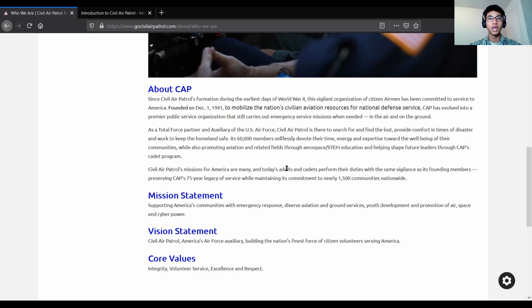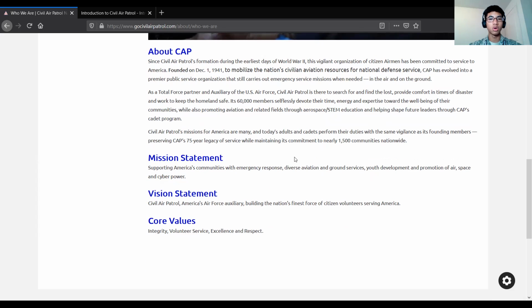There are 52 wings to Civil Air Patrol. So as I mentioned, I'm from California Wing. There is one wing for every state, and the other 2 wings are for Washington, D.C. and Puerto Rico. The other thing that I want to highlight on this page are the core values, specifically this